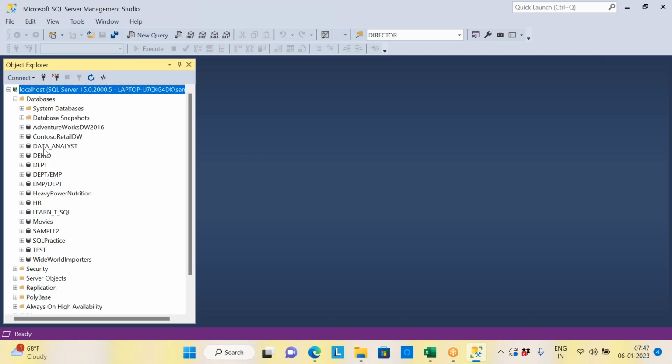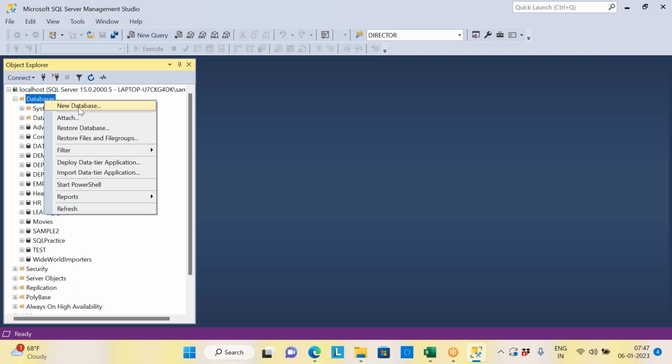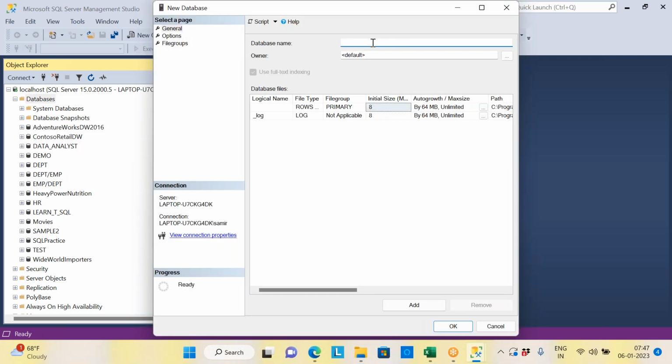Now you can tell me which database I will work on. Create your own database. So how to create your own database here? Just right click on this database folder. Okay. Right click on this and click on new database. Okay. And give a name. A simple name you want to give here. So whatever name you can suggest, that database will be used for everything for your practice. Okay. So I already have a SQL practice. So let's give it like